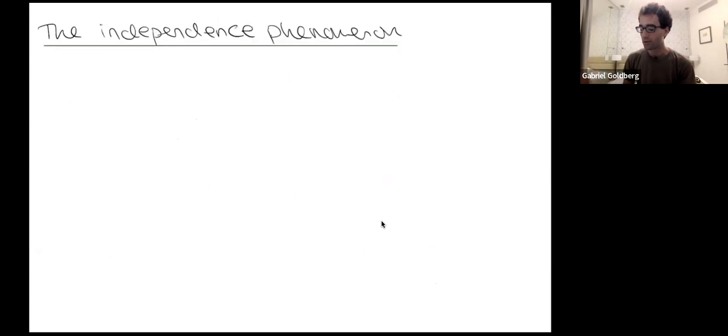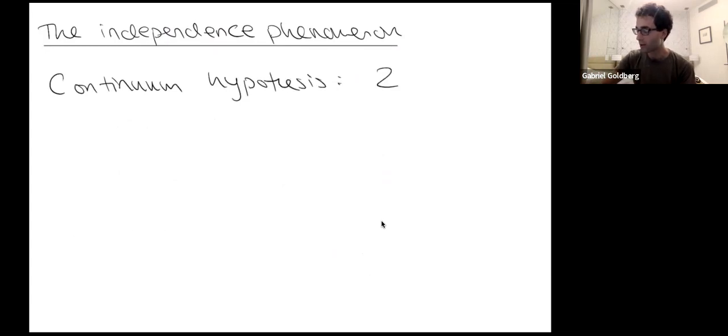So set theory, you could see it as the study of V, but the issue is that basically every question you can ask about V is independent of the axioms. So the key example, of course, is the continuum hypothesis. So this is just the question of whether 2 to the aleph 0, the cardinality of the continuum, is equal to aleph 1,